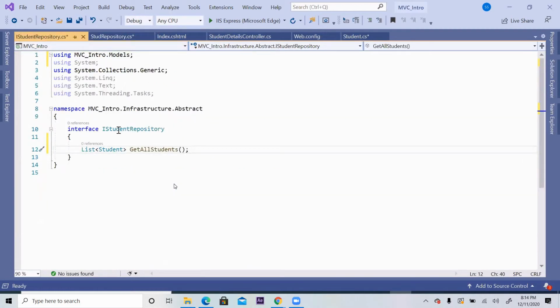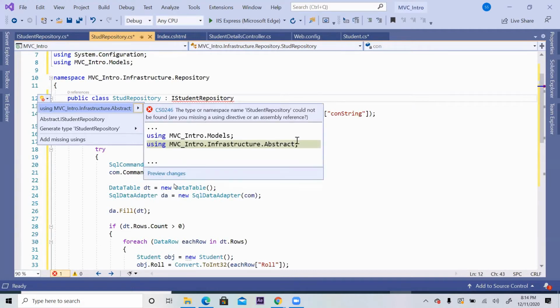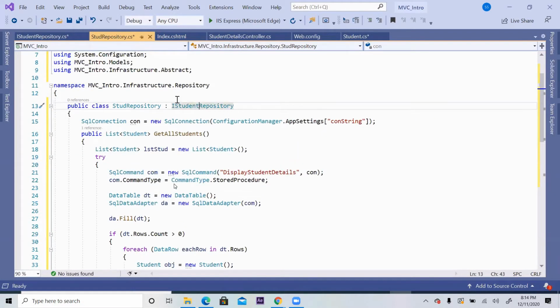So colon IStudentRepository, and take the namespace name. Okay, this interface is inside this namespace. Also, I took the namespace name at the top. If you take the mouse and press control dot, it will give you a list of suggestions, and you have to take the respective namespace one.